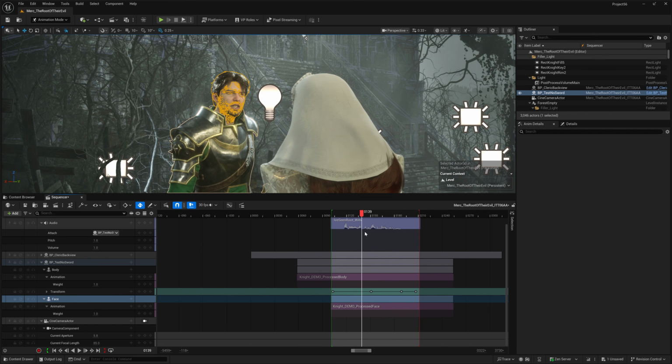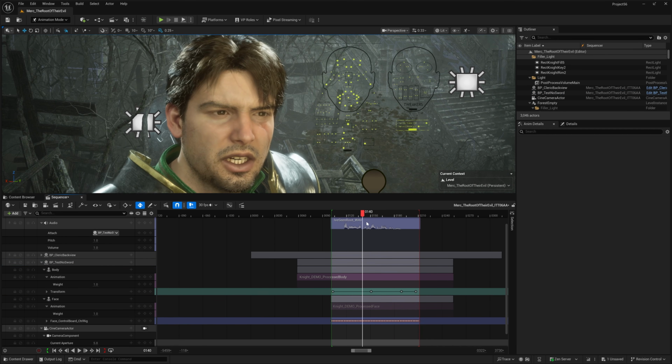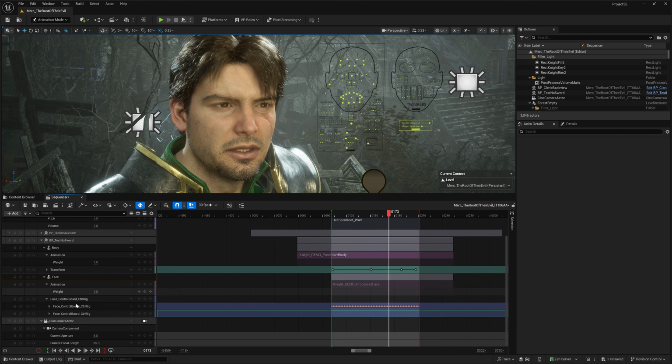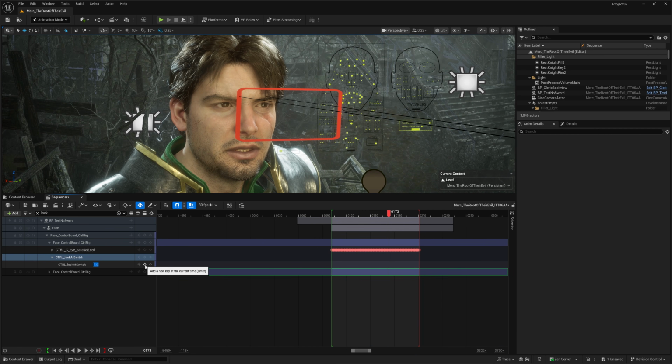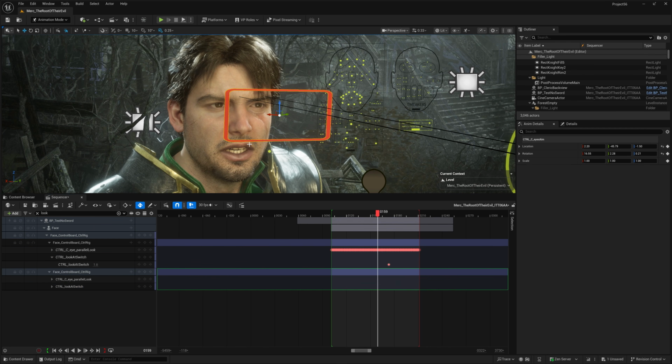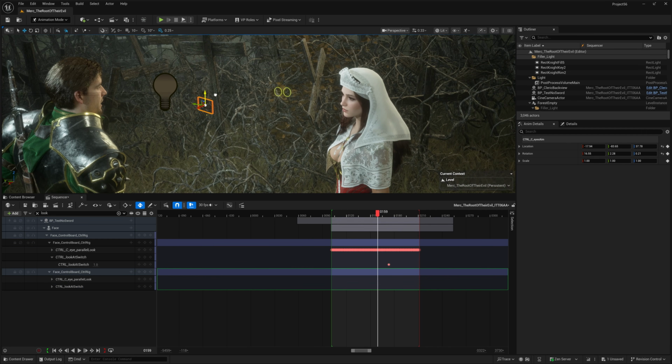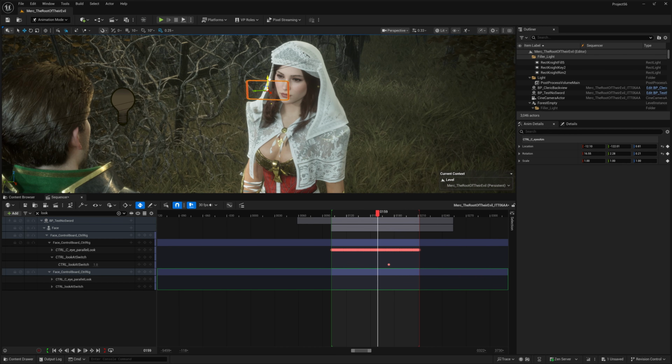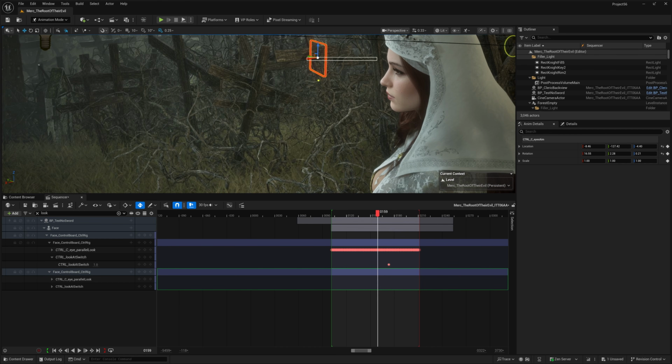To adjust this, I bake the captured facial animation to the MetaHuman facial control board. Then I set the look at switch to 1, which gives me a visual handle to control where the character is looking. I usually place this by freely moving the camera in the viewport, switching between the camera view and scene view to line things up properly.